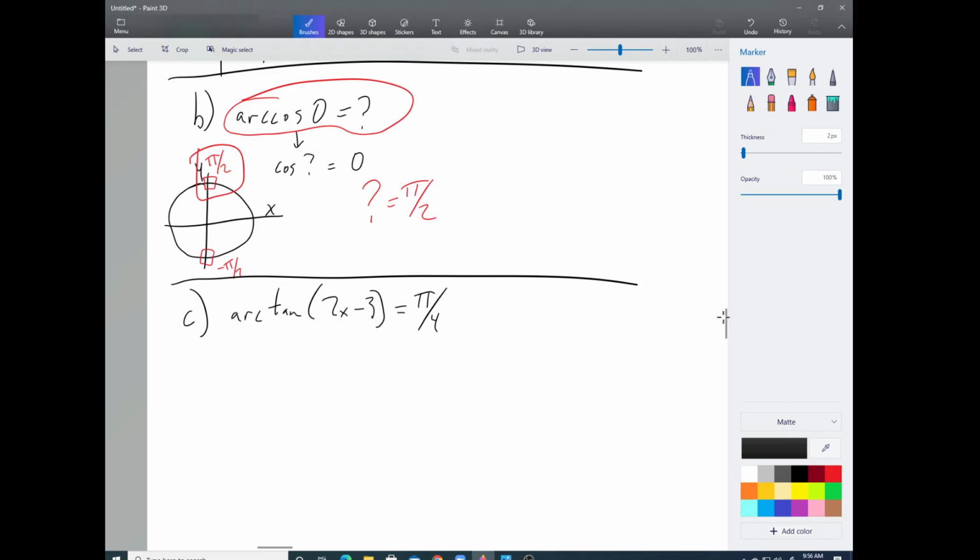You can either do some rearranging and say that, well, I know that this means that the tangent of my angle is equal to what's on the inside. Or you can use the idea that if you take the tangent of an arctangent,